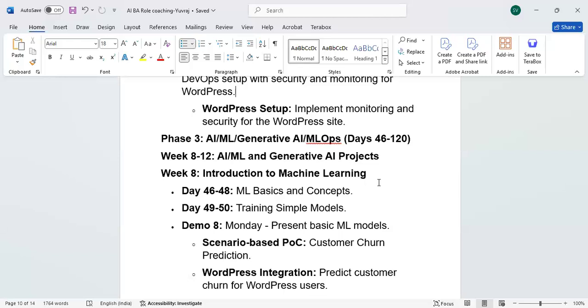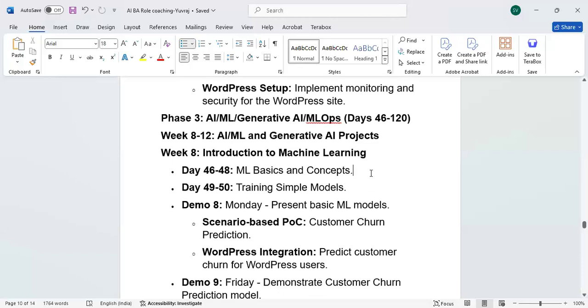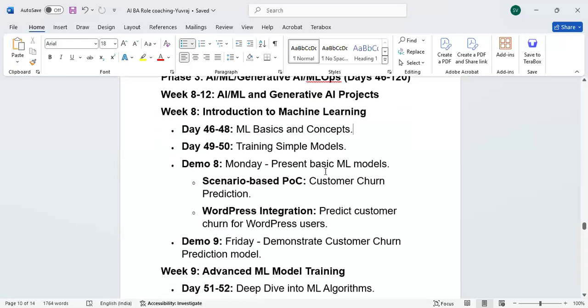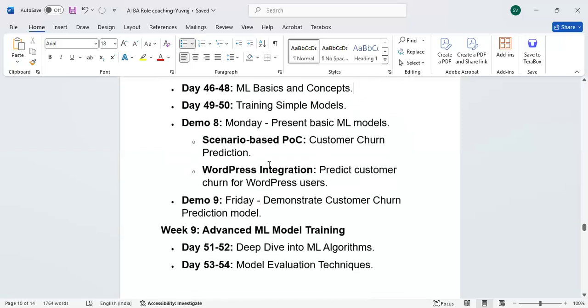You know about SCM, Supply Chain Management, right? It is part of the ERP also, for planning purposes. So for example, you can use that kind of domain systems for analyzing the business requirements and converting them into ML design basically. Those we are going to see here, and you will be doing scenario-based POCs.